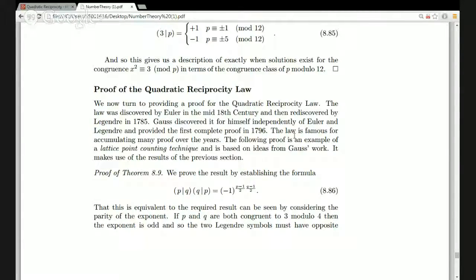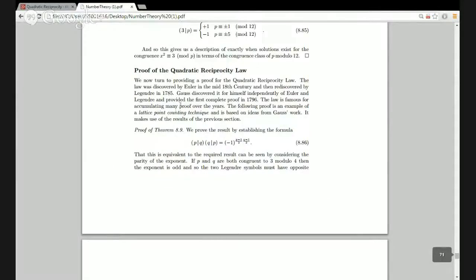Okay, so that was good. We finally got through it. We finally got to the